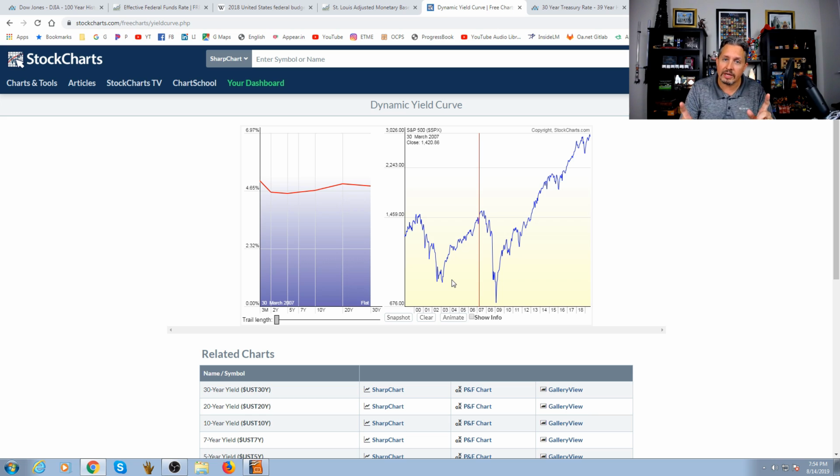Now, the reason why everybody cares is because when that yield curve inverts, it has predicted every single market crash for the last like 40 years, without fail. And it's with one thing specifically. See right here, you got the 2-year, and then right here, you got the 10-year. The 2-year should be a lower rate than the 10-year. But if the 2-year ever gets above the 10, that's called a 2-10 inversion. And that's the big red flag. That's the big signal. And that's what just happened today. And that's what caused that market crash to come.